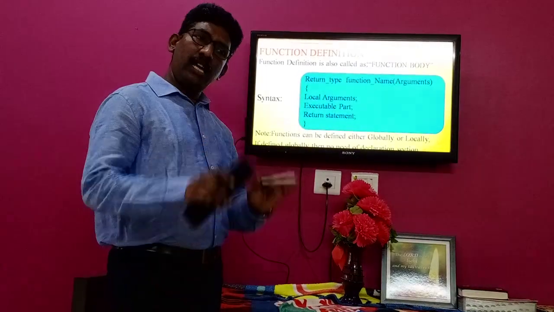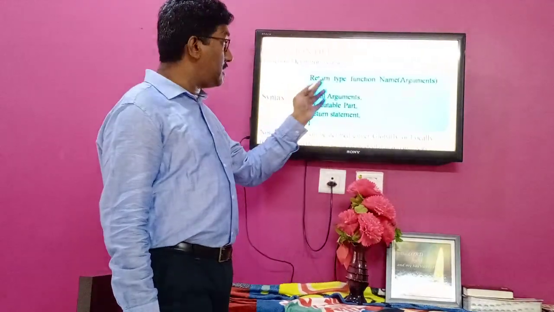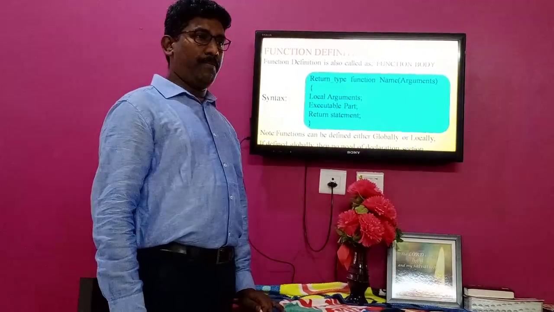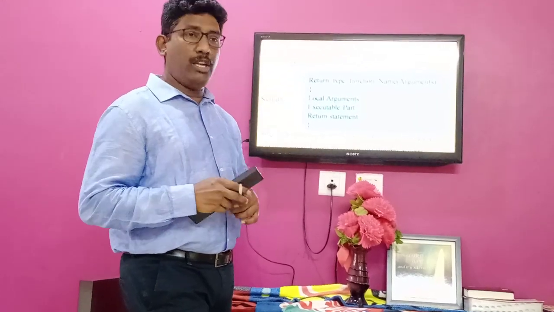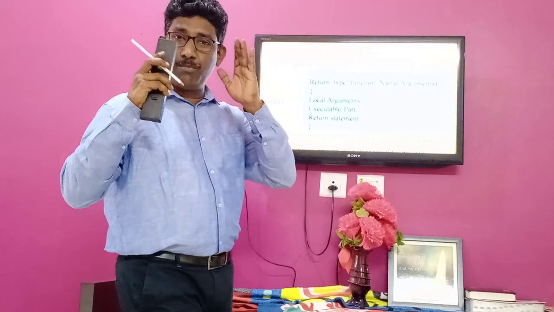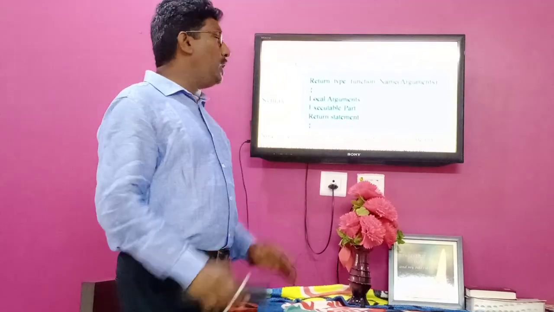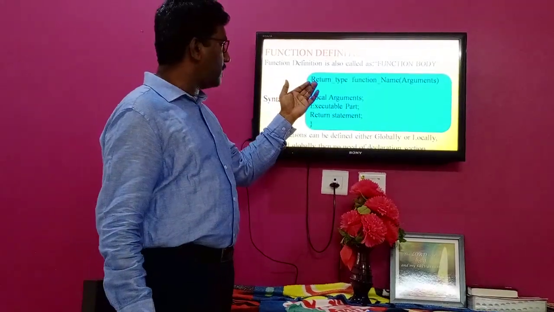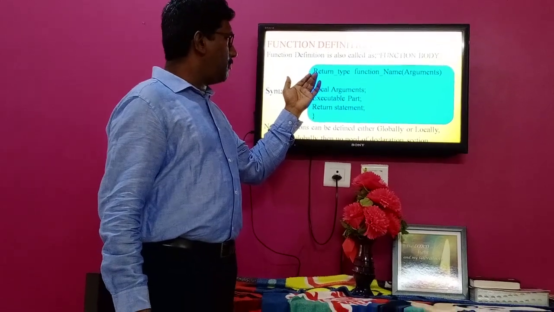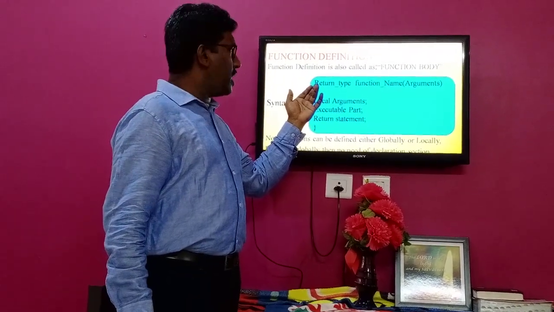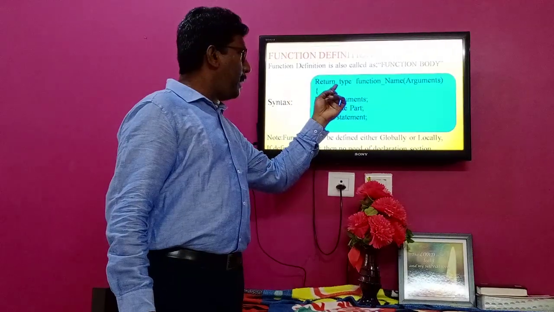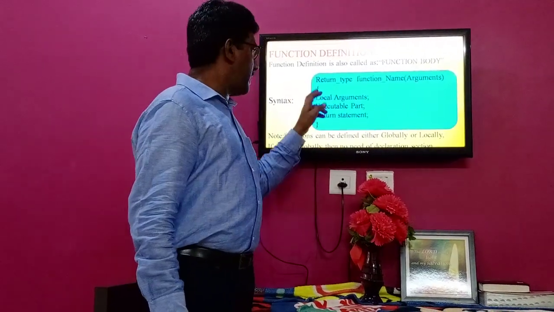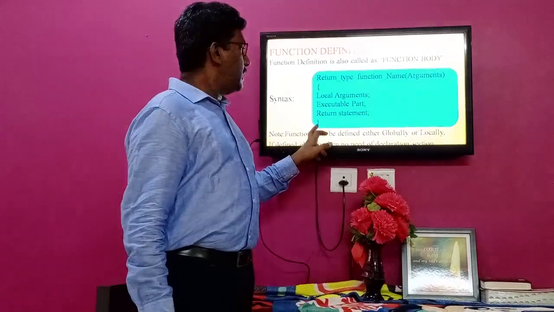Definition is nothing but a functionality. This function definition is also called the function body part. Here, if I want to define a function to perform something, I need to remember the syntax, that is the function body. The function definition rule is like this. Return type, actually here R is capital, but while writing we are supposed to write all lowercase, type of data types only. So return type, function name, arguments, then open brace, closing brace.